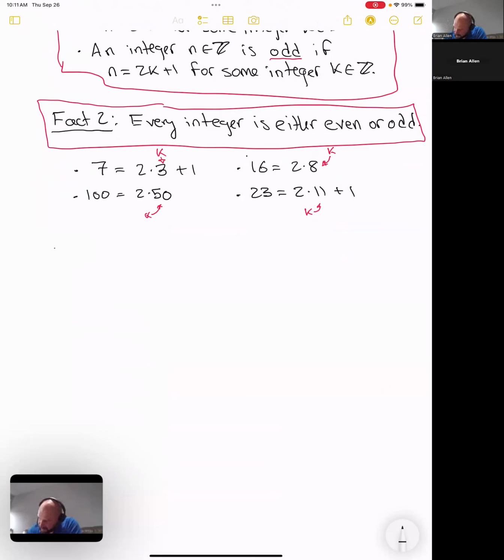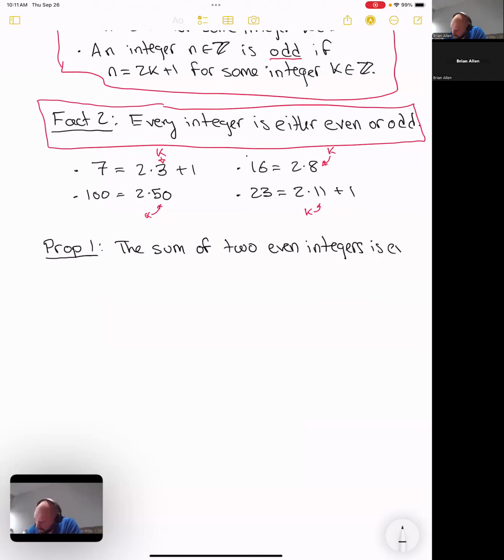Okay, so this is called proposition 1, but I want to start using my shorthand. So for proposition, I'm always going to write prop. Okay, so here we have proposition 1, and it's just going to say that the sum of two even integers